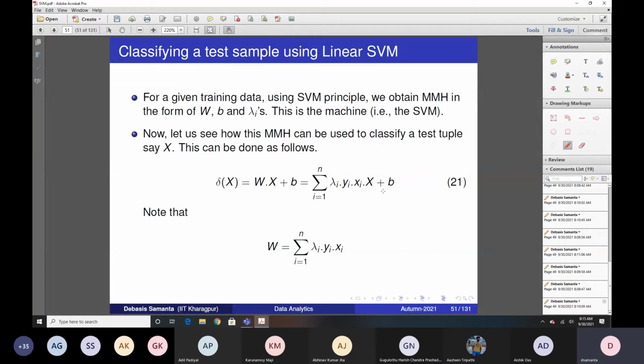Now, after having the values of the unknown parameters, suppose we solve the linear SVM problem. Solving the linear problem means we have the value of w and also we know the value of b, right? Then w·x + b is your machine. Now this machine will give an output.